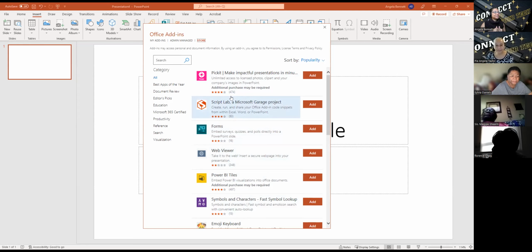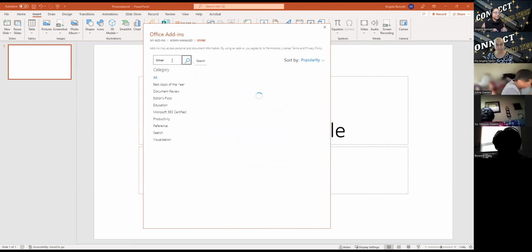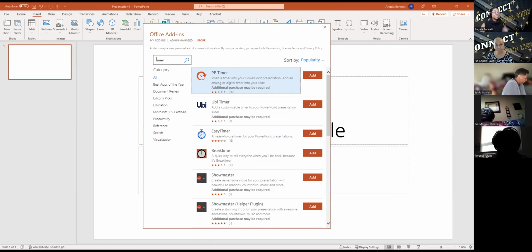The scripture says, ye have not because ye ask not, because we're not going to be able to go over everything PowerPoint can do today. If you say, I want to put this in my PowerPoint, how do I do that? With some of the resources we're going to show you, it's really just a matter of asking the question. So PowerPoint doesn't have a timer function. It has a clock, but not a timer. So I go to the add-in and I say, I wonder if there's a timer in here. I'm going to type timer